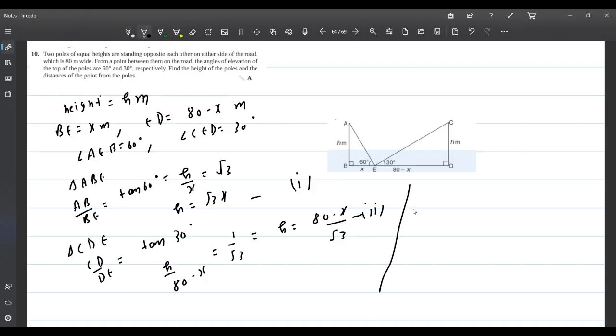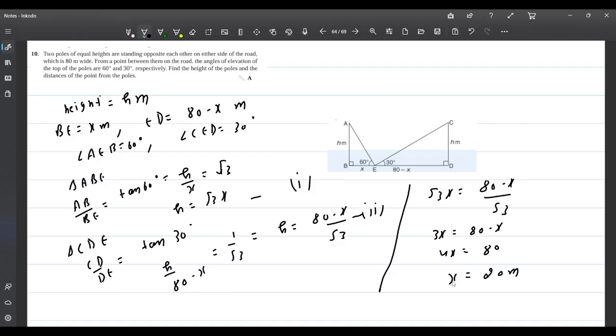So from equation 1 and 2 we get root 3x equals 80 minus x upon root 3. So 3x is equal to 80 minus x. So 4x is equal to 80. So x is equal to 20 meter